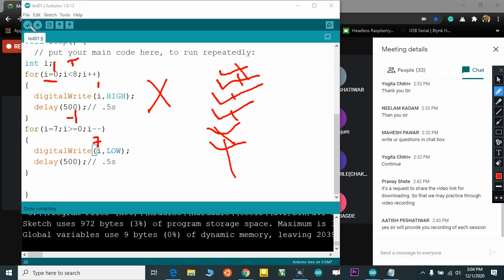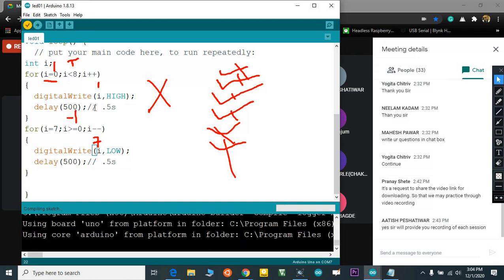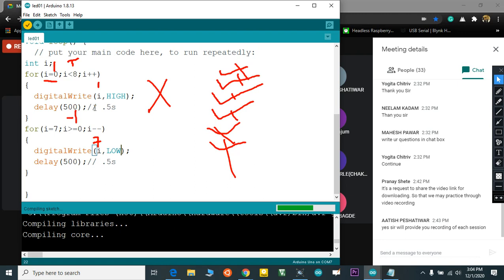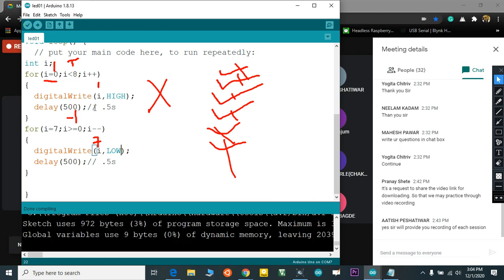Let's check whether it's working or not. It's very important that you know the basics of C programming. If you are not familiar with C, you can start learning C programming. Once you have the basic idea, not everything, just conditional statements, for loop, while loop, variables, that's enough. If you know these basic things, you can easily understand these programs. Okay, done, compiling successfully.